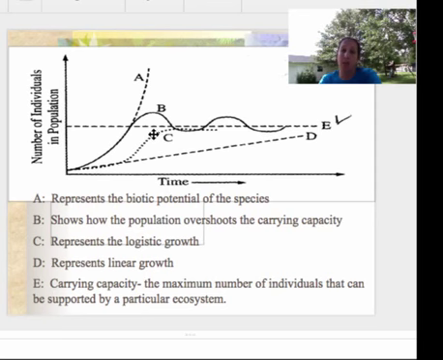You will have a little bit of exponential growth right here, just like in A, where we have the biotic potential, also called a J curve, which is representative of exponential growth. In an S curve or logistic growth, you're going to have a little bit of that exponential growth time period, but then it's going to taper off into E, your carrying capacity, which is the maximum number of individuals that can be supported in that ecosystem. An overshoot can also be followed by what's called a dieback.